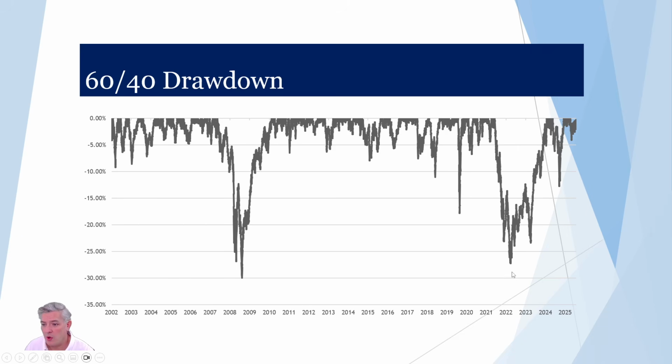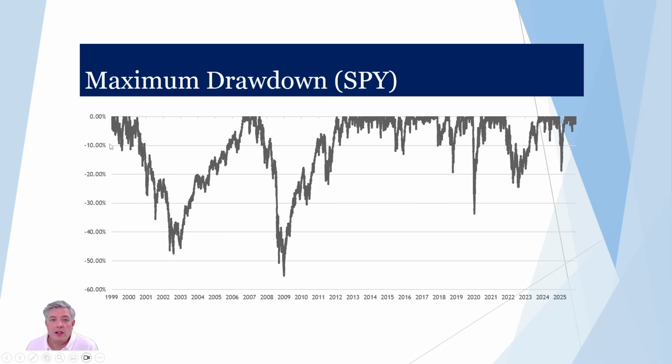So about a 27% drawdown here that took 3 years to recover. Okay, so let's talk about another concept that's related, and that's maximum drawdown. Maximum drawdown basically measures the lowest point in terms of your drawdown on this chart. In this case, we were down just short of 50, but here the S&P was down 55%. So the maximum drawdown would be the lowest point on this gray line, and that's about 55% for the S&P 500 since the year 2000.